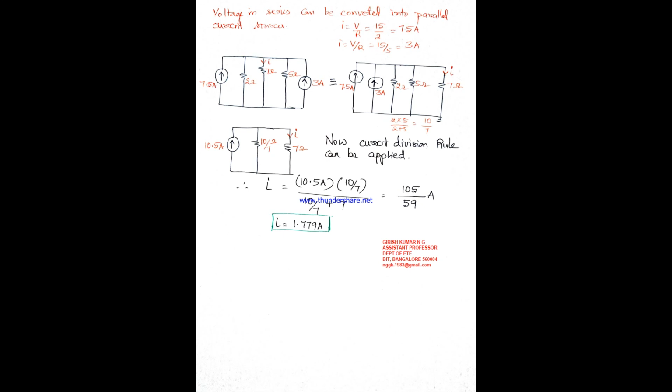Okay, so I hope source transformation, when there are no dependent sources, is clear to you. So my next video will be on source transformation, how to apply source transformation when there is a dependent source in the network. So you can't apply source transformation for a dependent source, but what to do, how to solve the network when I have a dependent source in any given network, how to apply this source transformation. Okay, so that is very important, and for your exams also it is very important, because students always face difficulty when dependent sources are given. Okay, so we'll see that in the next video.